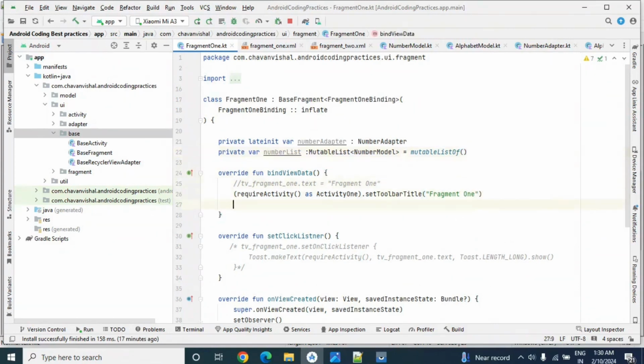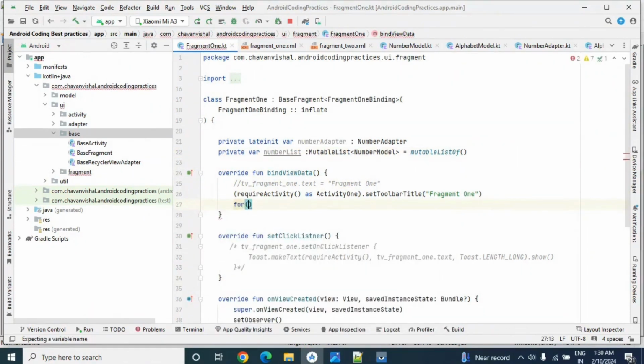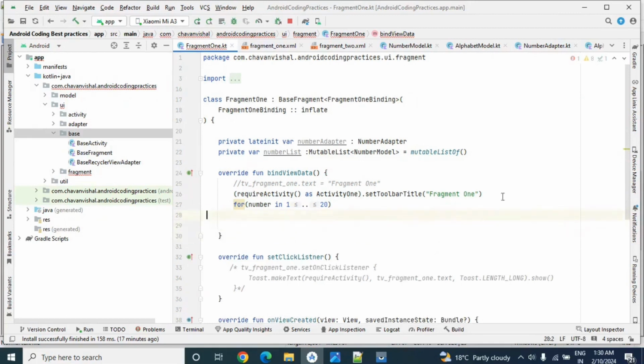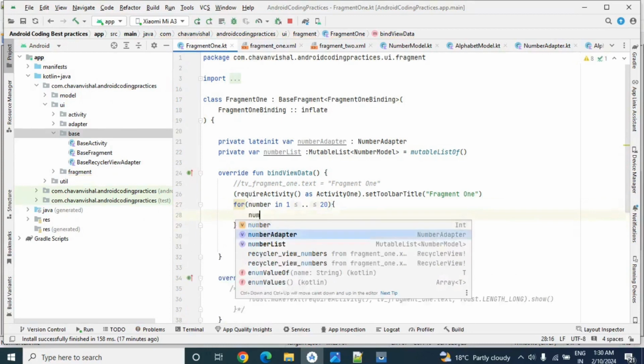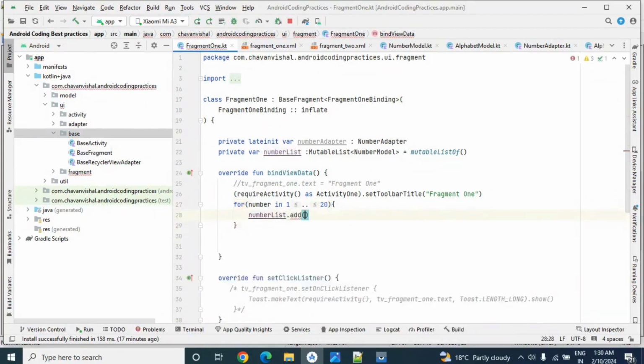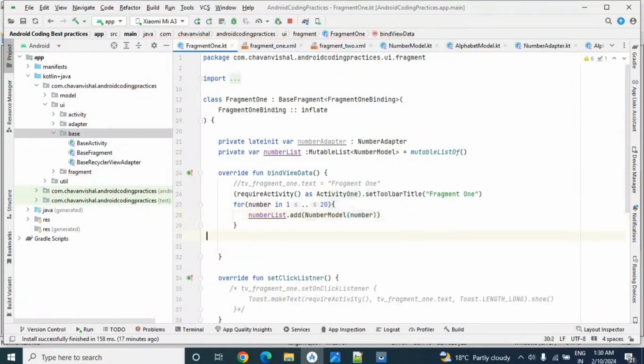Now let's go to our bind view data and add some data into this array list. For number in 1 to 20, we need to print numbers from 1 to 20. Here we will fill that list: numberList dot add, then we pass NumberModel of number.